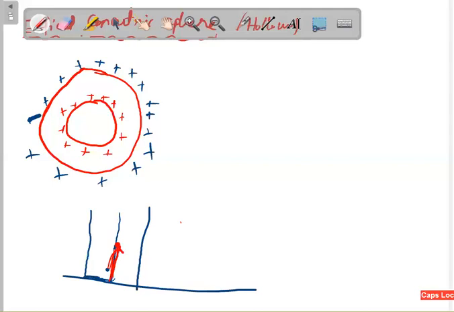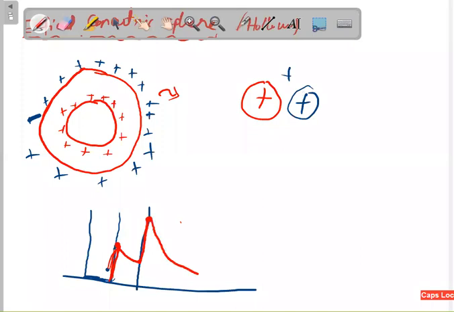Then it slowly reduces because that is free space. Then suddenly here you get some extra charges. From the first circle you got these red charges; once you go to the second circle you get the blue charges also, and they get added. Once they are added, the electric field jumps to a higher value, and from there your charge contribution is fixed, so it reduces as you go further. This is the electric field in the case of concentric spheres.